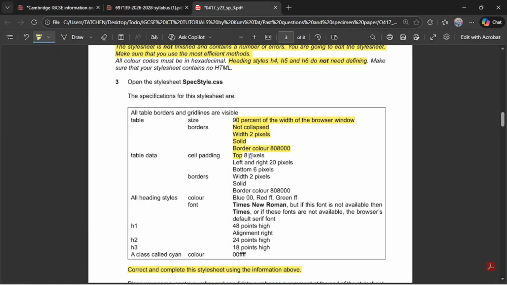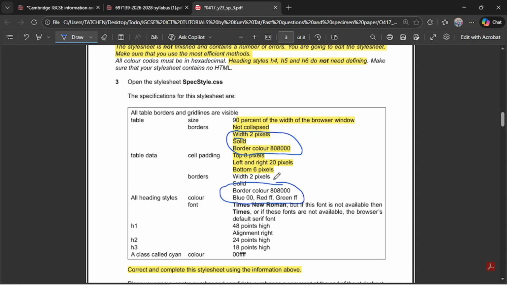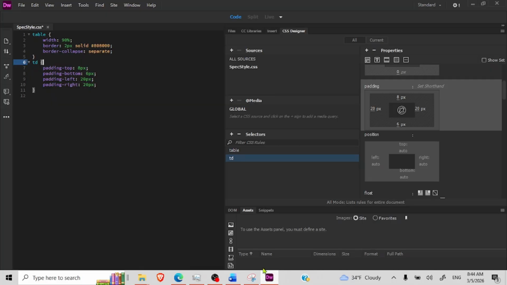Next thing, so I'm done with all of this. Then borders, the width of the borders 2 pixels. There should be solid border color. Oh, I just realized something. If you look at this and this, they are practically the same, and it's on the same table. You can redefine it a second time, or you can make them as one single entry. So